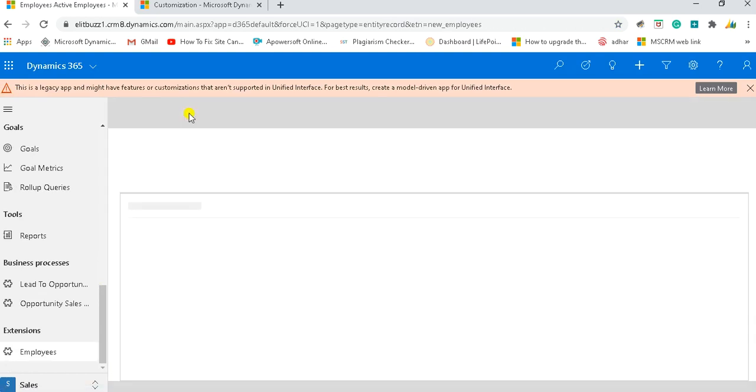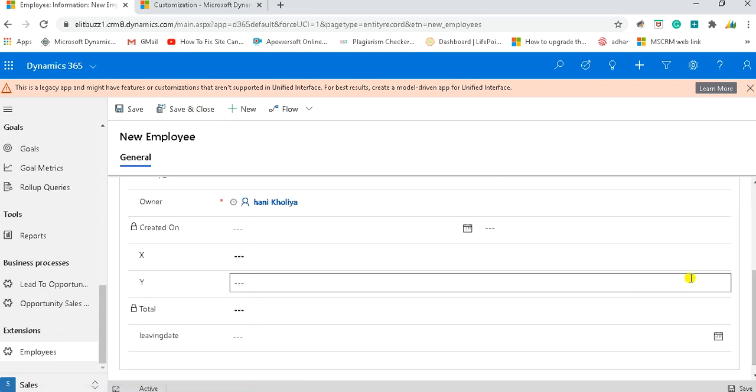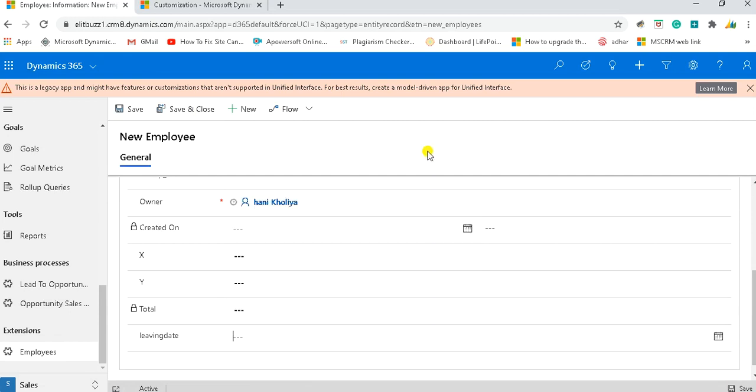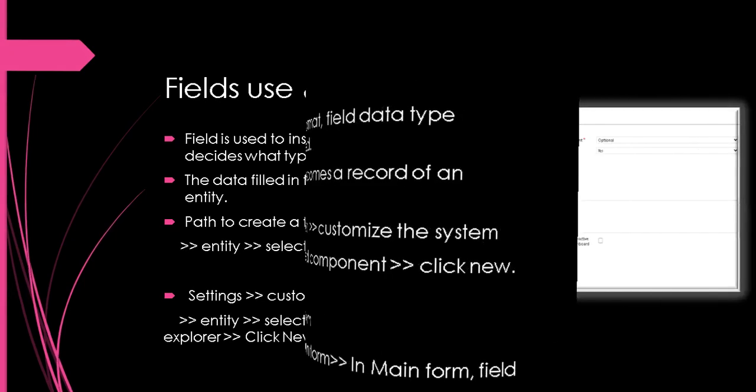I'll create a new record. It will show me the leaving date and it is of date type only. So here I can select it. So I've showed you how can I create a field in CRM customization area.